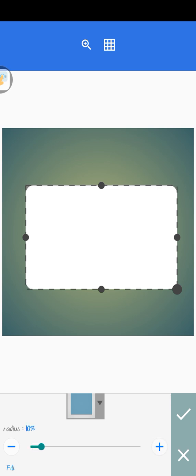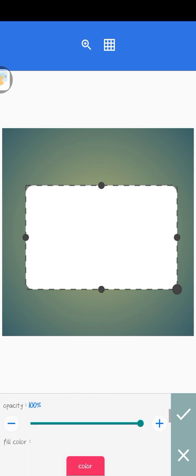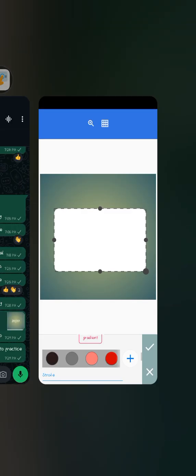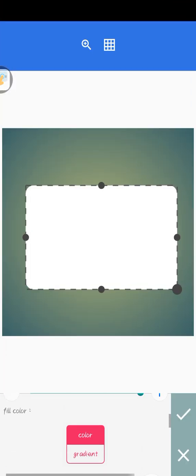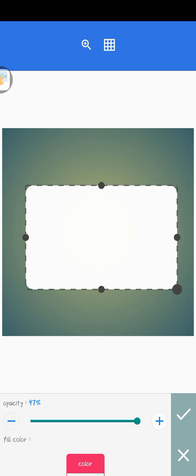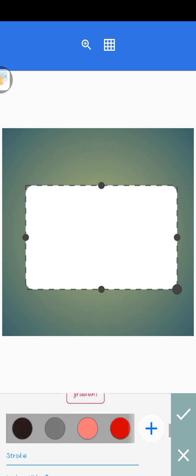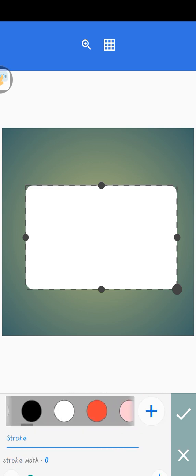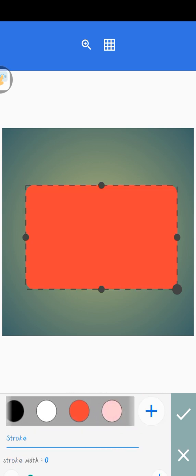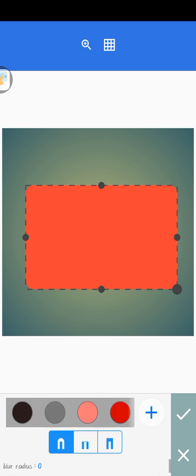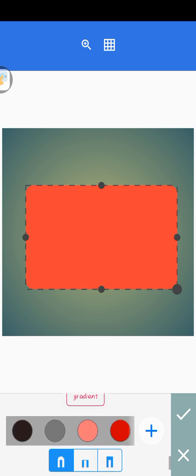So from this rectangle now, let's use the radius. Okay, radius 10. All right. Then let's come to opacity. We change the opacity, you see the opacity now, but this one we are putting it as 100. Then the color, change the color to something like this. Then we'll come to